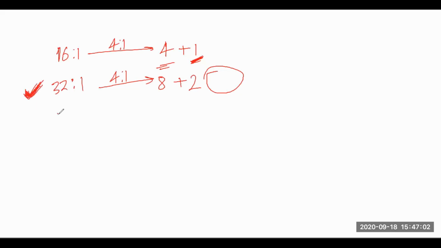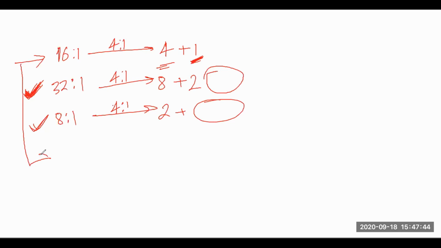The same case is there if you are designing an 8:1 multiplexer using 4:1 multiplexer. Okay, so here also you are dividing 8 by 4, you will get 2. Okay, and this 2 you can't divide by 4, you will never get any integer part, you will get a fraction part, and you will never get 1 here. Okay, so that's why these two cases will be something different. We will see these cases in our next slide, or after 5 or 10 minutes. Okay, so now we will discuss these type of cases.